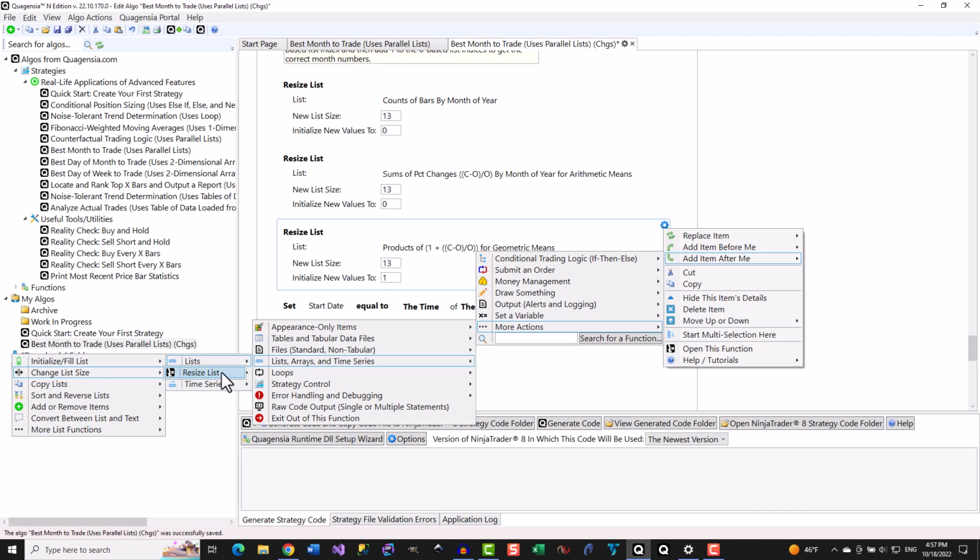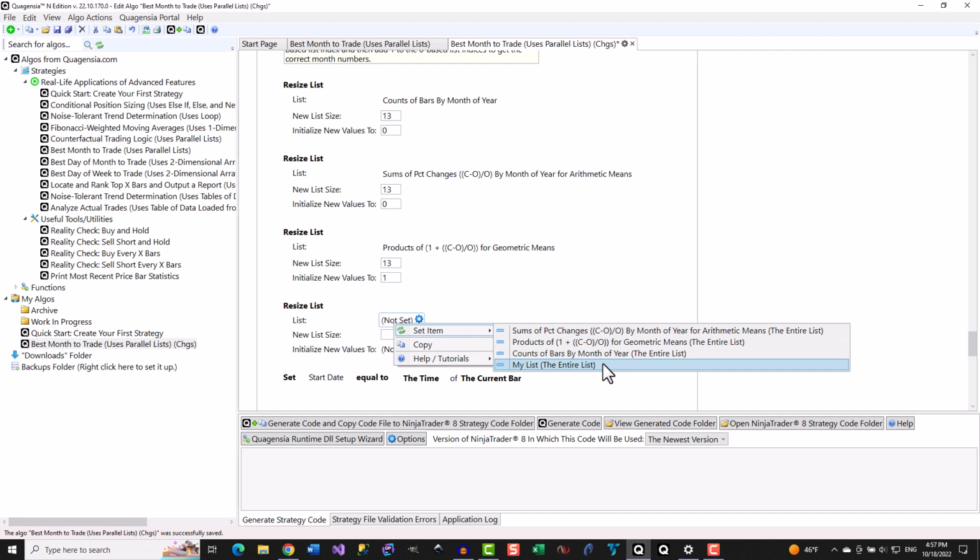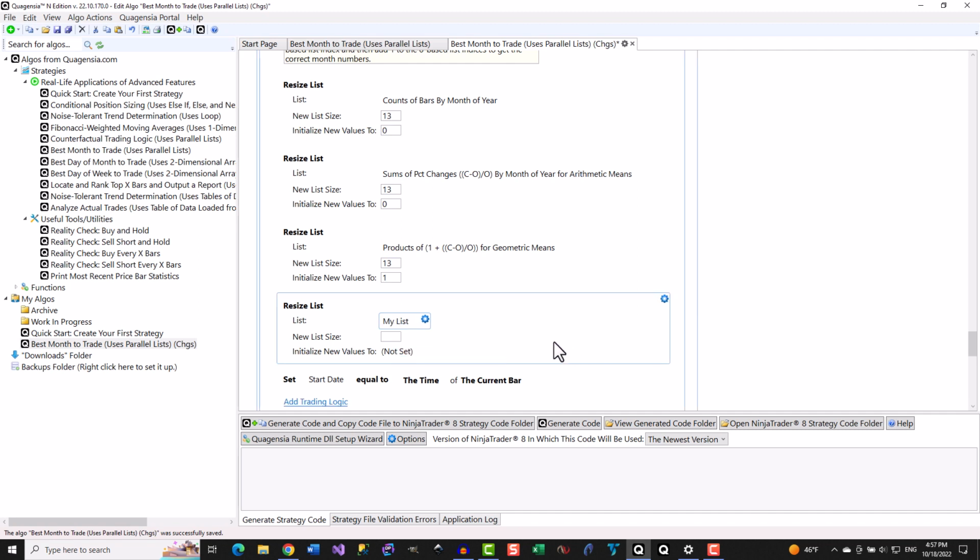Select it to make it appear at your desired location and set the list parameter to the list you created in the internal variable section. Then, in the new list size input parameter, enter a list size.